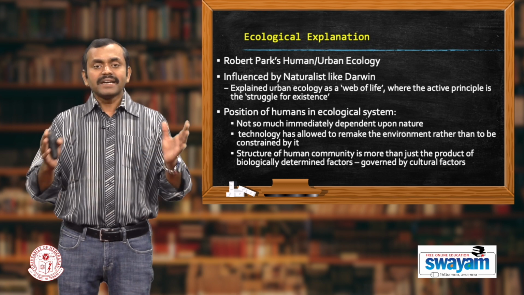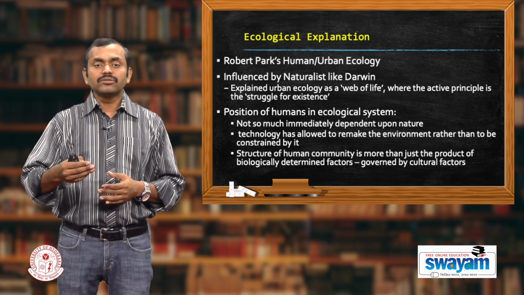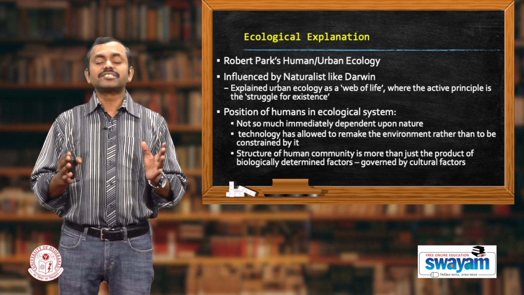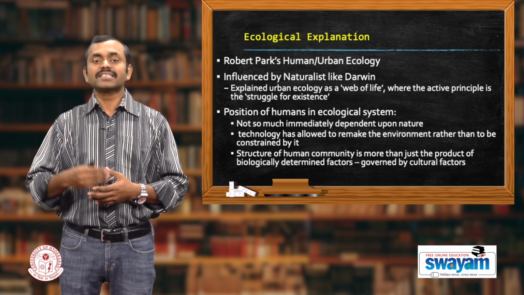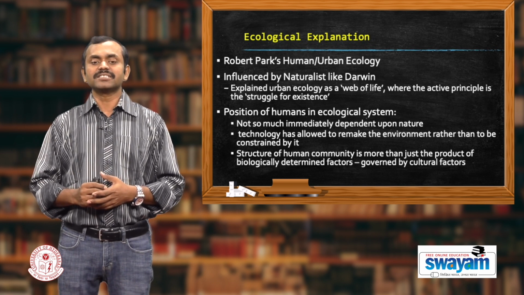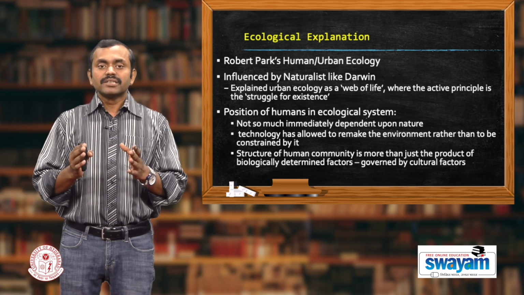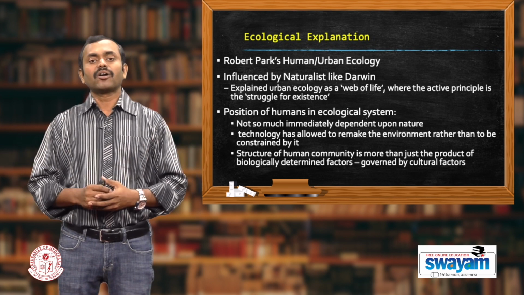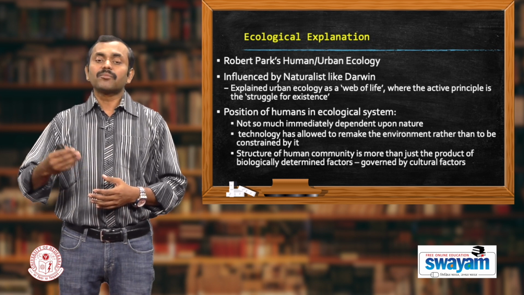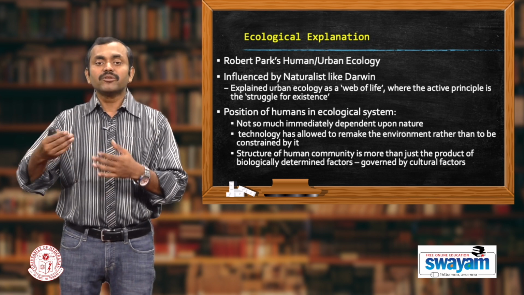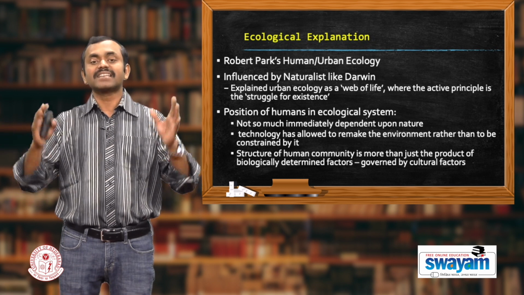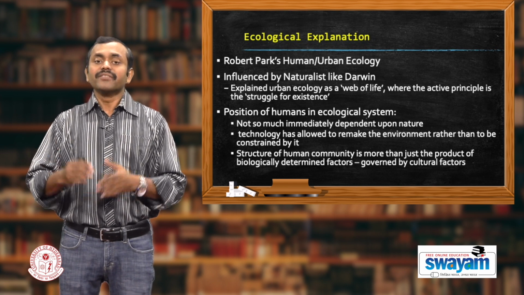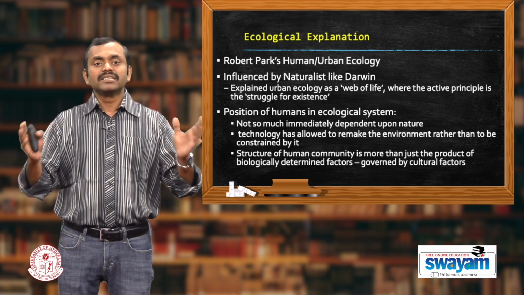Robert Park explained the expansion of the city taking into account the nature-society interaction, where he explained that there is a constant struggle for existence in the cities, a constant struggle for resources, and humans are explained as one element in the larger web of life of the urban ecology. However, in Robert Park's urban ecology, the position of humans in this larger web of life was slightly different. According to Robert Park, even though human beings were a part of the larger ecological system,